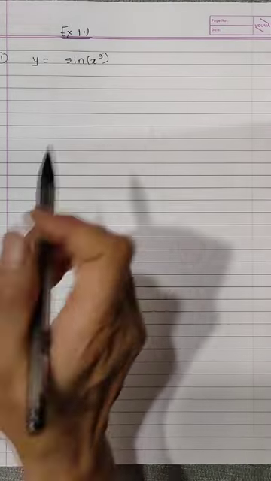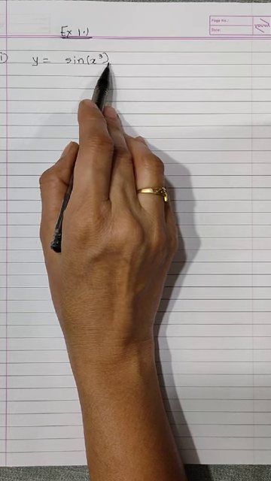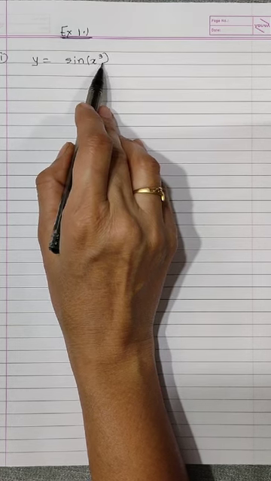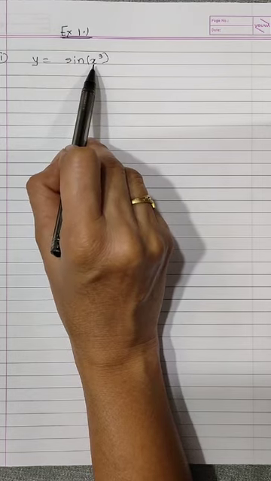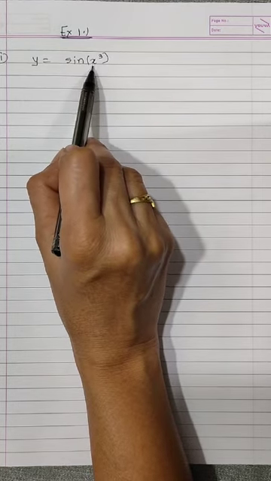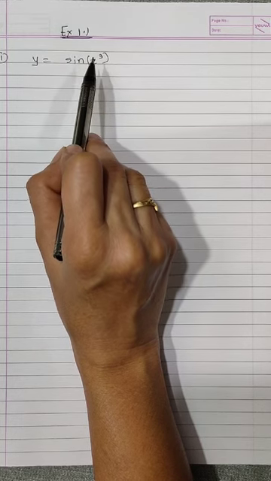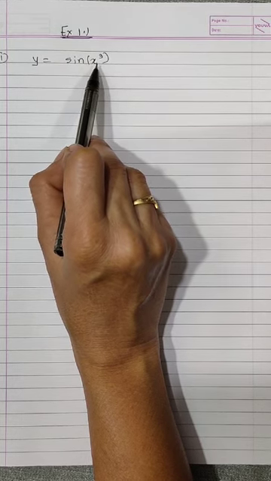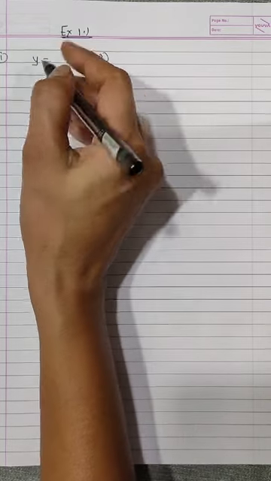Now here sine of x cube, now this x is other than x. Whenever the function is other than x, then it is a composite function. Always remember, whenever the function is other than x, then it is always a composite function. And whenever there is composite function, we have to apply chain rule. Now here I can solve this example by two methods. Now the first method,